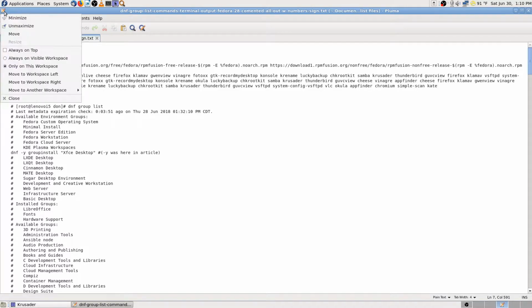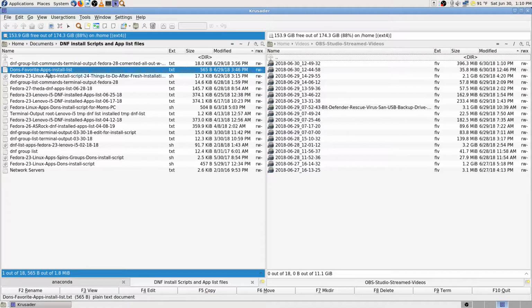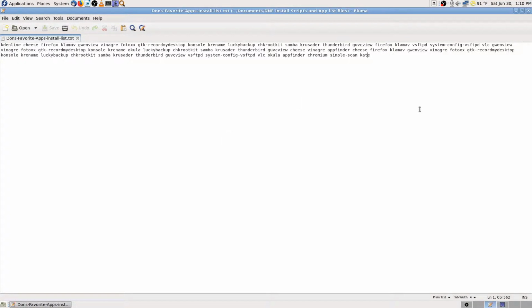Let's see. I'll just leave that open because I think, well, no, let's close it. I don't want to accidentally mess it up. The one with Don's favorite apps list, I am going to want that open. Okay, now I copied all that stuff yesterday out of there so that I could put it in some kind of program and get rid of the duplicates. And I did, and one of the reasons I booted up the Fedora 14 system is so that I could,